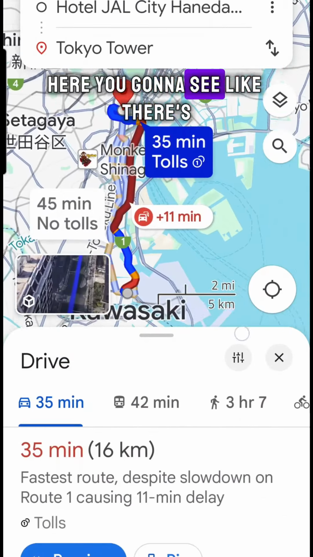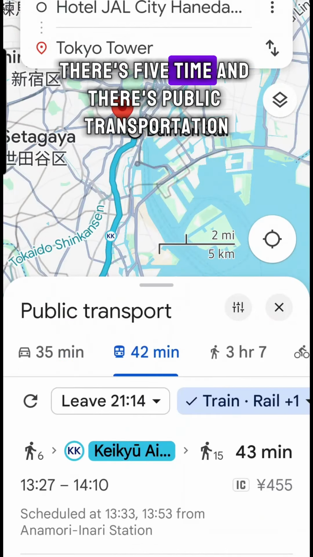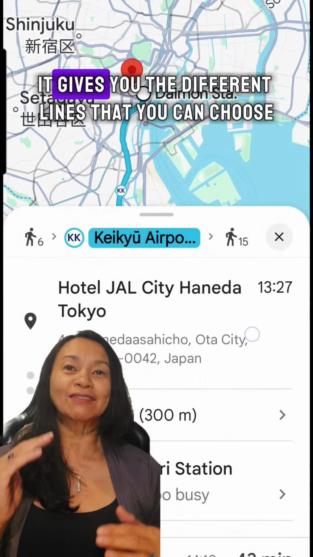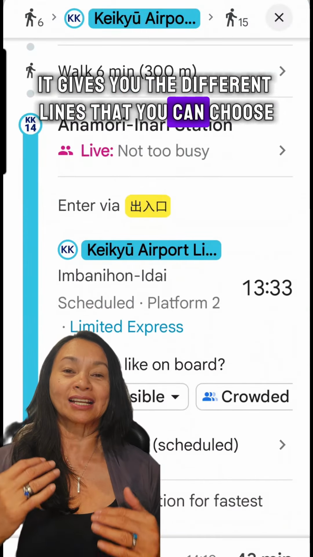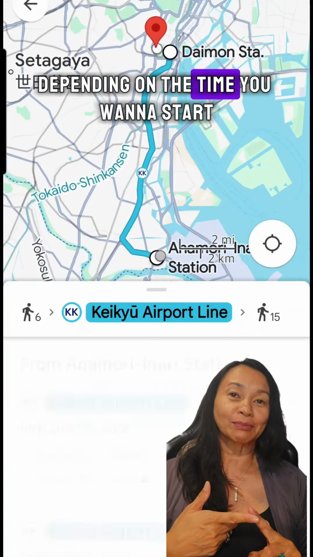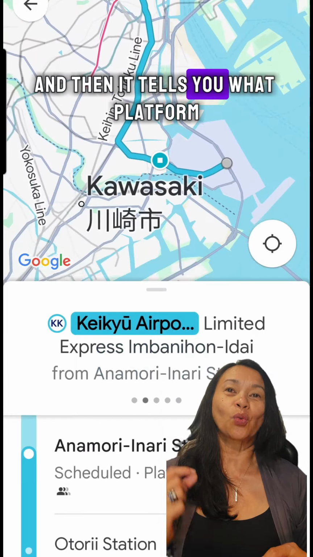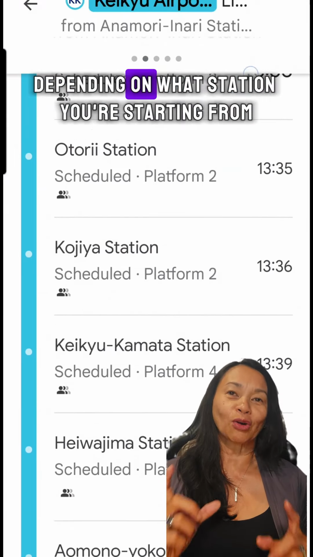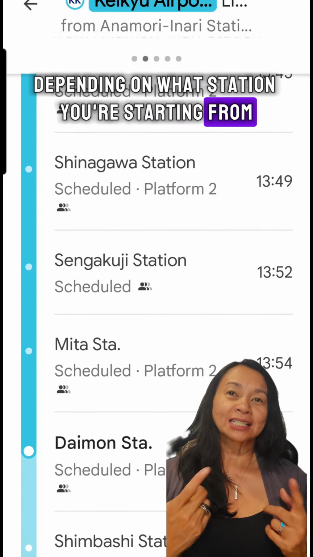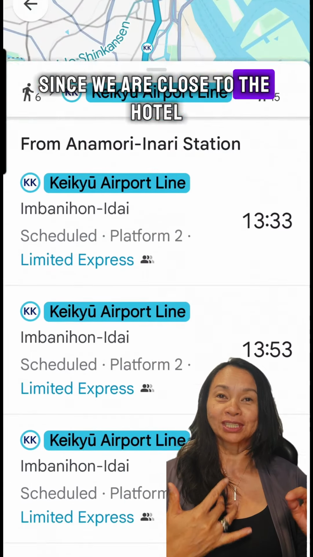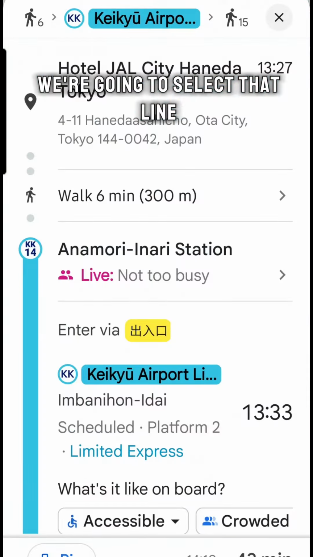Here you're going to see there's drive time and there's public transportation. For this video we're going to look at public. You can see here it gives you the different lines that you can choose depending on the time you want to start. So I selected the first one, and then it tells you what platform depending on what station you're starting from. Since we're going to start with Keikyu, since we are close to the hotel, we're going to select that line,